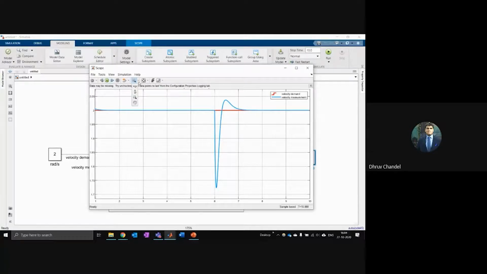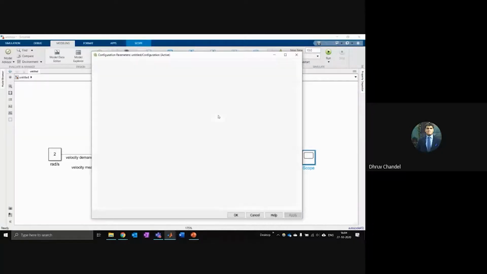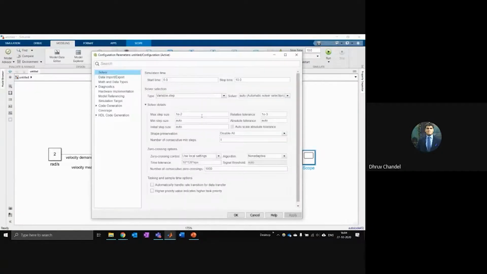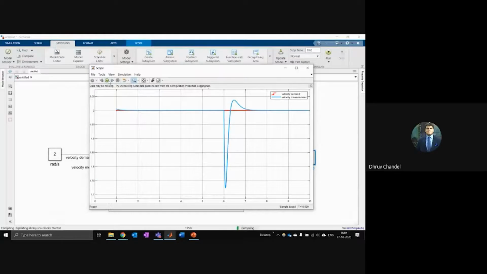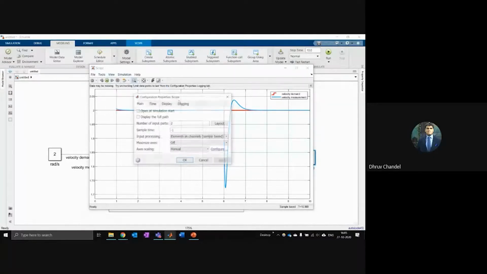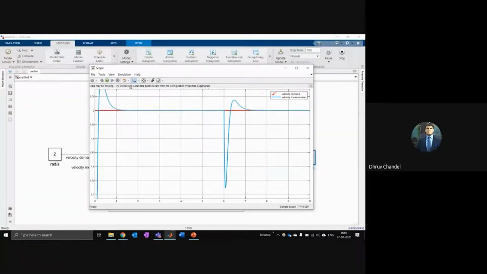Sorry, there's something weird going on with my window here. Oh, I think my step size was too small, so it's not logging all the points. So you have to change a few options if you go too small. That's okay. I think I have to change a certain property to limit these data points, and then it will capture the whole simulation.